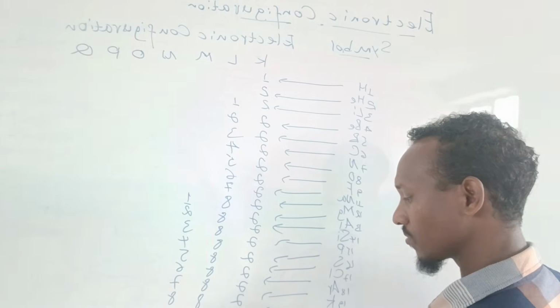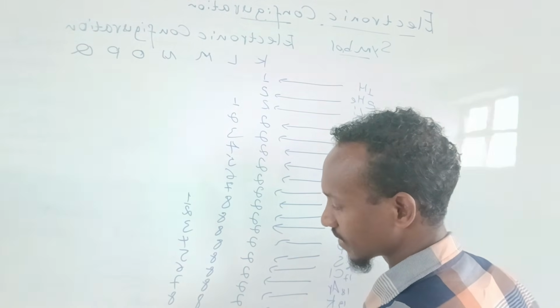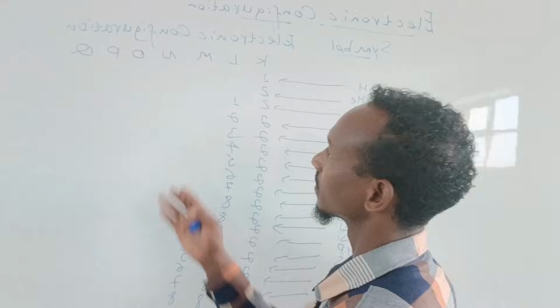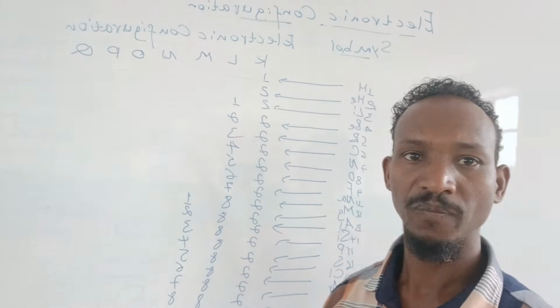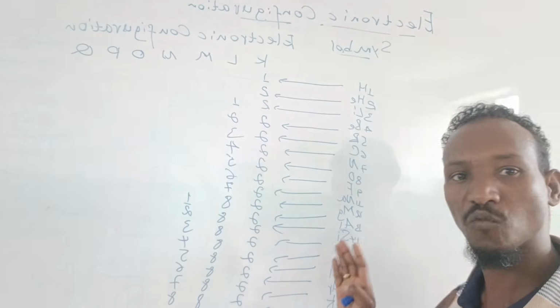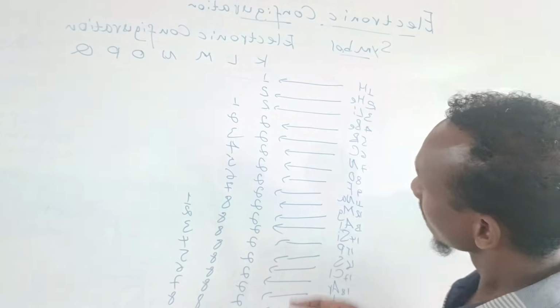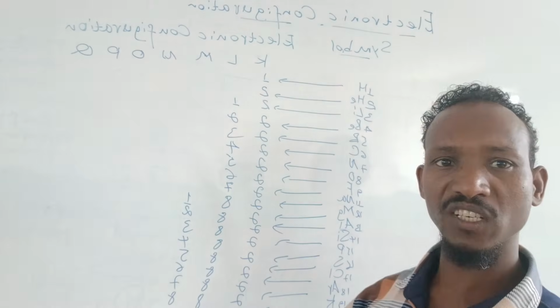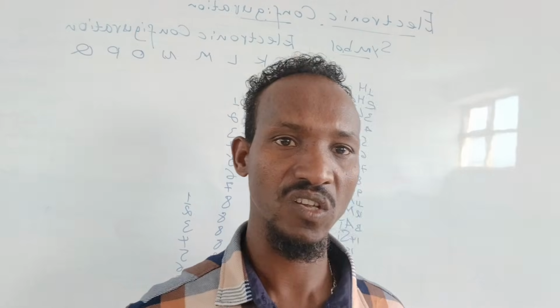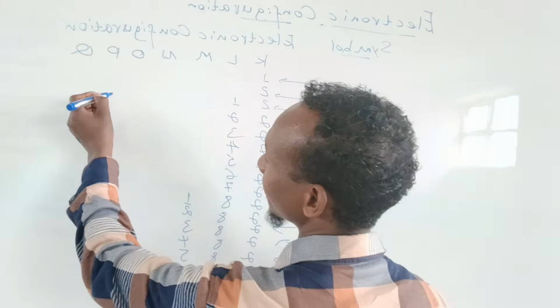Calcium 2, 8, 8. The remaining 2 electrons proceed to the fourth shell. This is the electronic configurations of the first 20 elements. Then, by using the electronic configurations of the first 20 elements, how can we give the period,